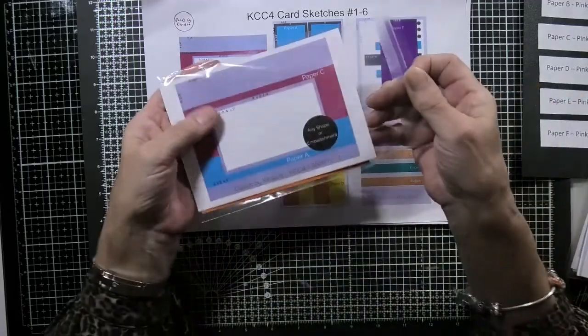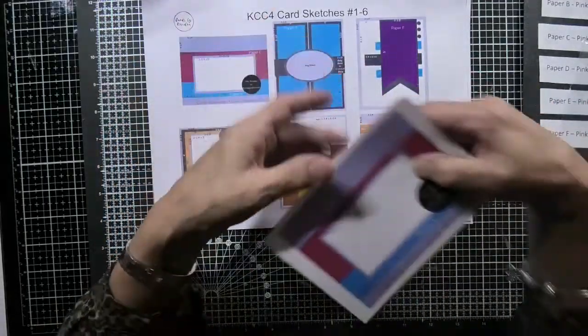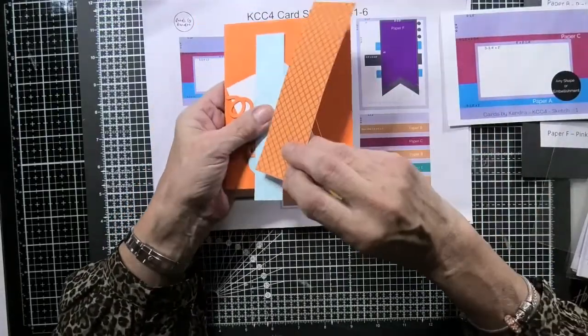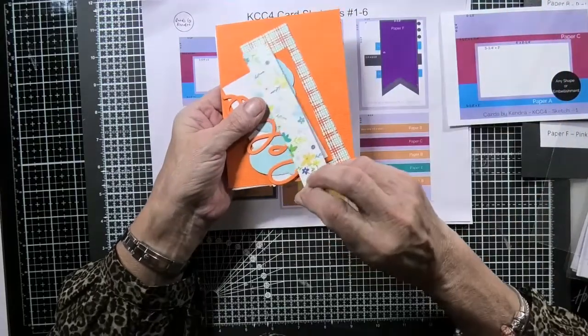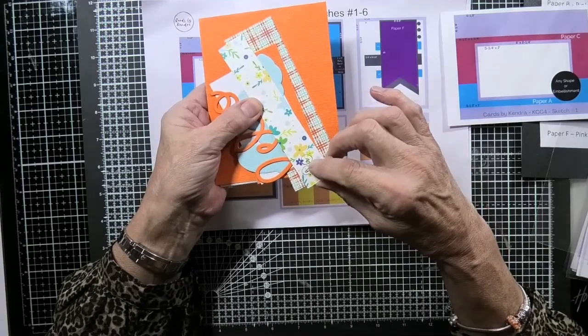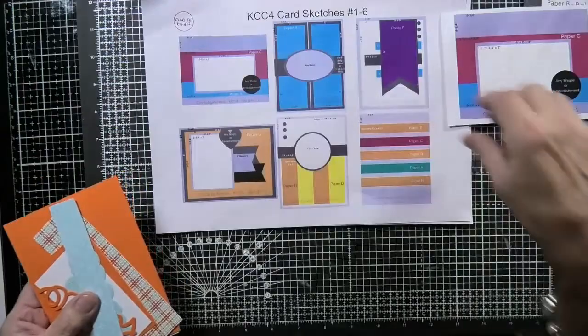So, for example, I've used these little plastic wallets. If you've followed me, you've seen this again, so you may want to whiz it on. And then on the back, I will put, oh, that's the one I redid. On the back, I will put what paper pad it was, A, and what card it was, 1. So I'll do that so that when I've cut them using